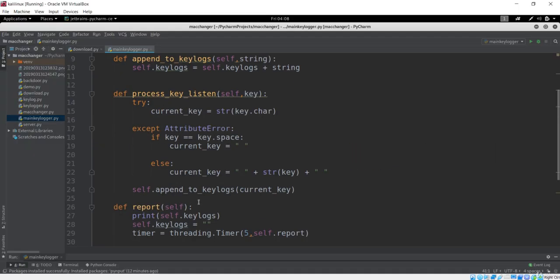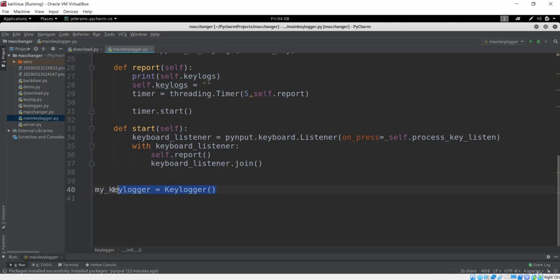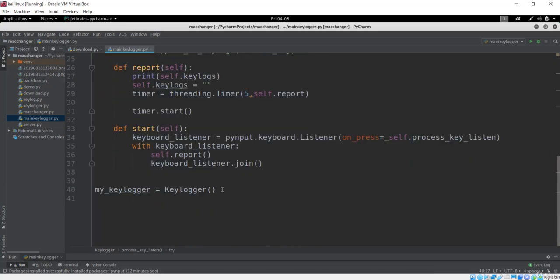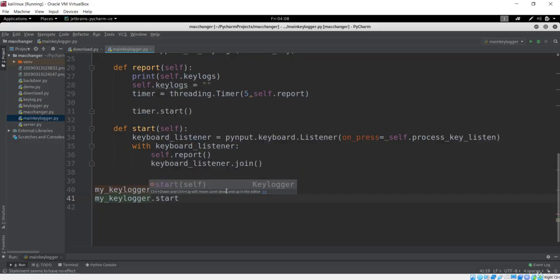If you go to this init method, I have already told you before that when you create the object, the first method that is going to be invoked automatically is the init method, the constructor. So when we create this object of this class, the first method that is called automatically is this constructor. Now we have automatically called that constructor. Let me run that start method, because that is the method that is going to do everything for us.